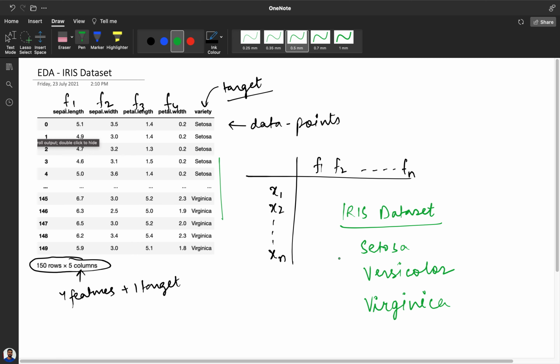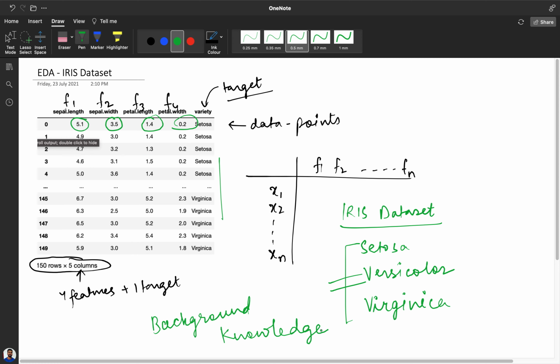In variety we will see only these three items, and these values are all in decimal. I hope you understand what is sepal length, sepal width, petal length, and petal width. This is all the background knowledge or the domain knowledge that you need to have before starting out with EDA.